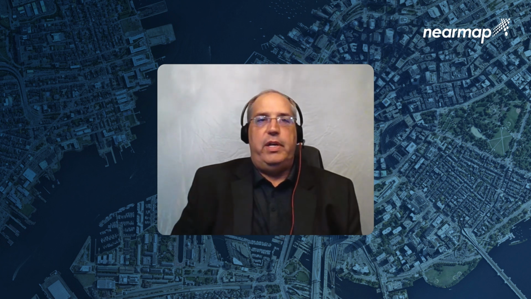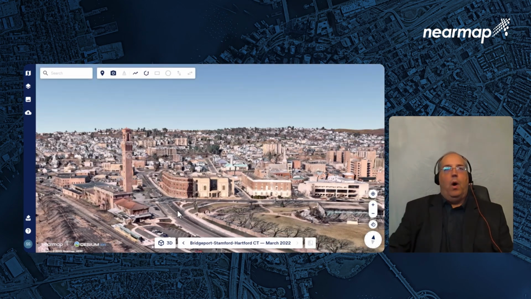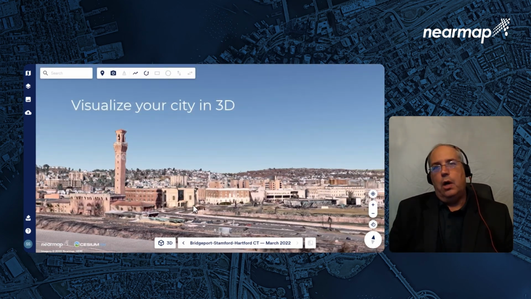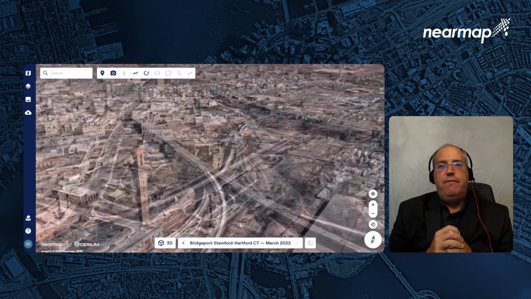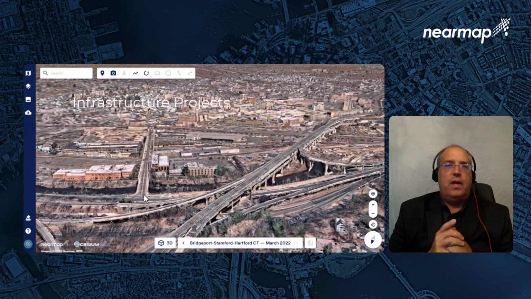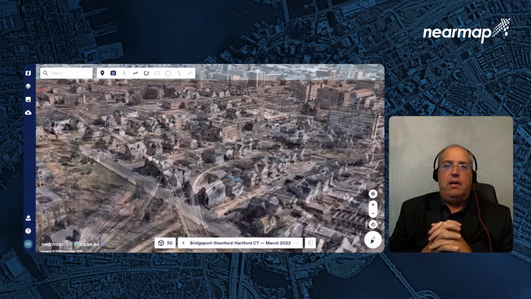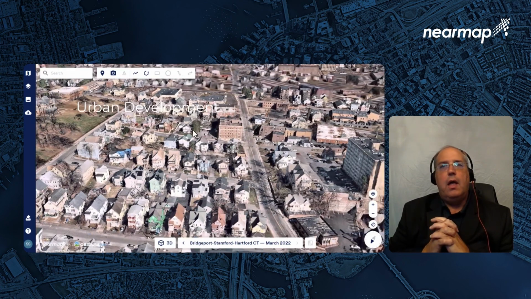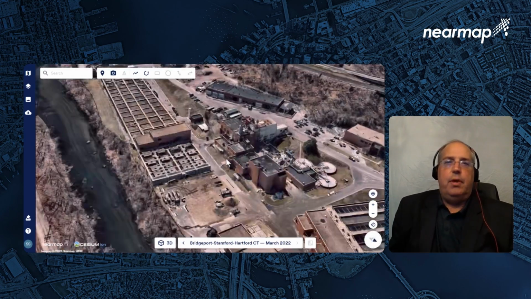Nearmap's MapBrowser is a great way to view the imagery products that are available in a simple, easy-to-use 3D environment. Let's take a look. In this quick 1-minute video segment, we're going to show the 3D mesh for a city, to be able to visualize in 3D what's taking place in that city to help monitor. In this case, giant infrastructure projects on the highway, urban development in a section of a neighborhood,